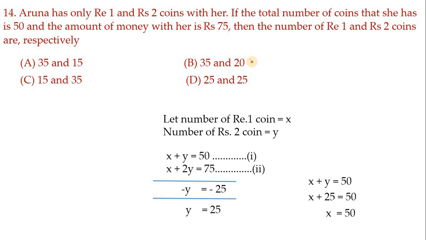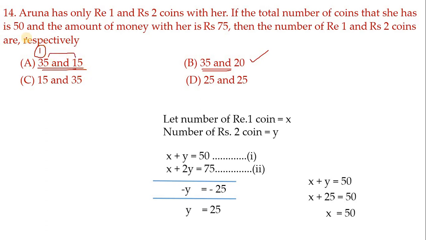See, if you want to check, you check it for B. You will be in confusion again if you find it only for amount. And here also, see 35 and 15 there. So that 1 rupee 35 coin means you will get 35 rupees only. And 15 2 rupee coin means 30. So 30 plus 35 is 65.